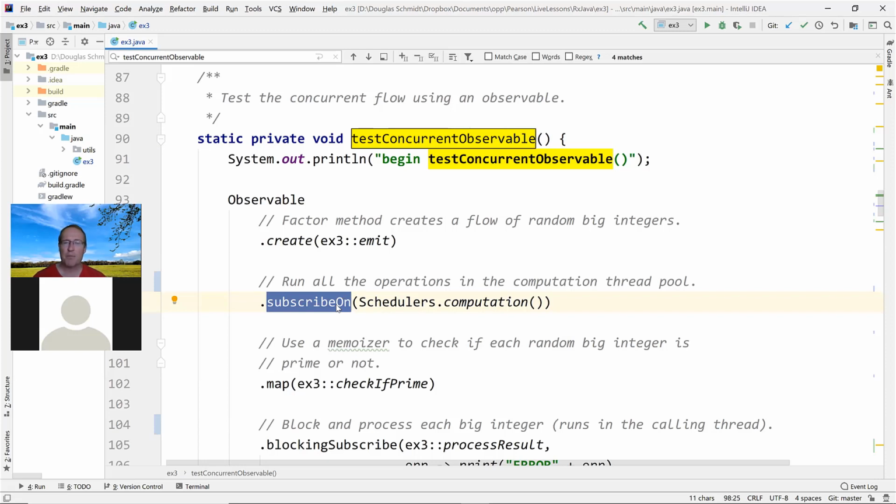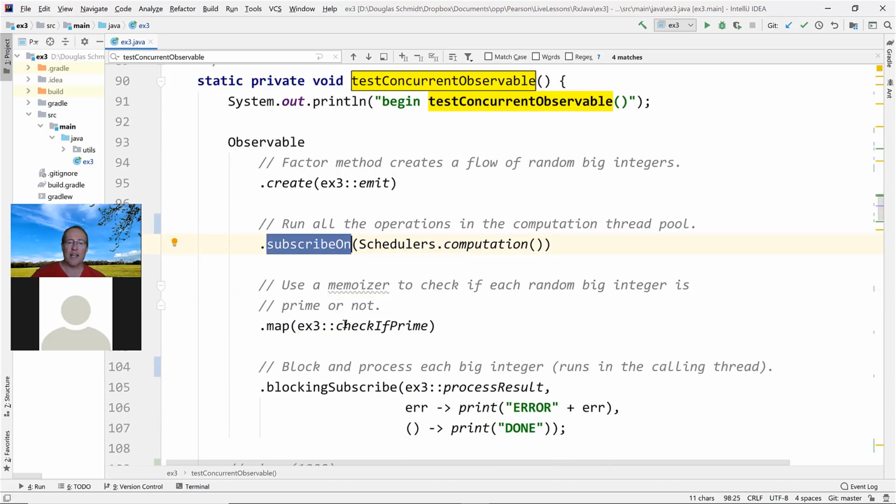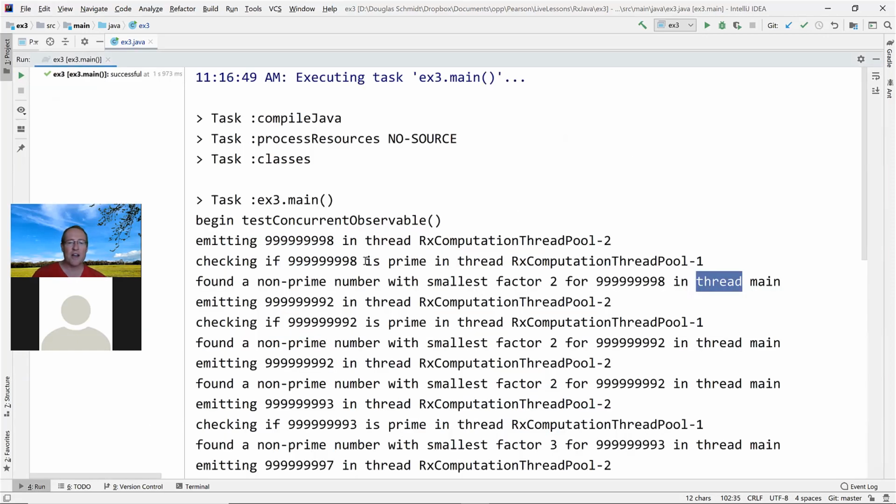There's a couple of predefined pools like computation pool and IO pool. You can set it from your own pool using the from method. There's the trampoline that tries to run it in the current thread, and so on and so forth. So this will make sure that the computations here run in another thread in the computation pool. So as a result, checkIfPrime is going to be running, as you can see here, in a background thread